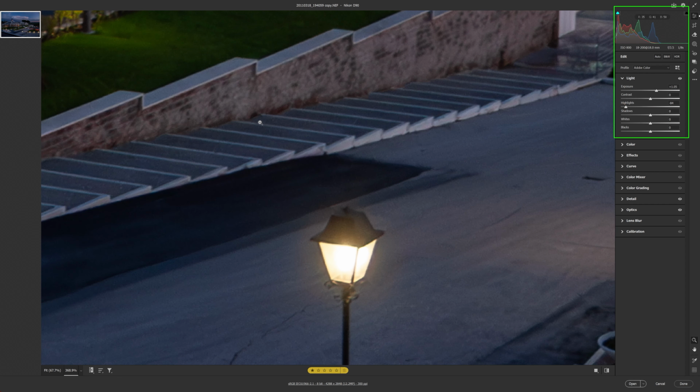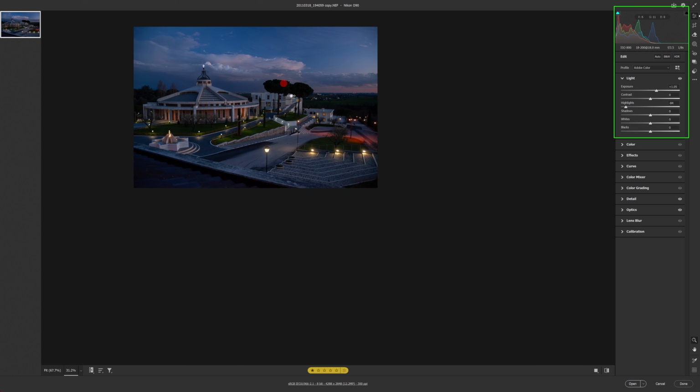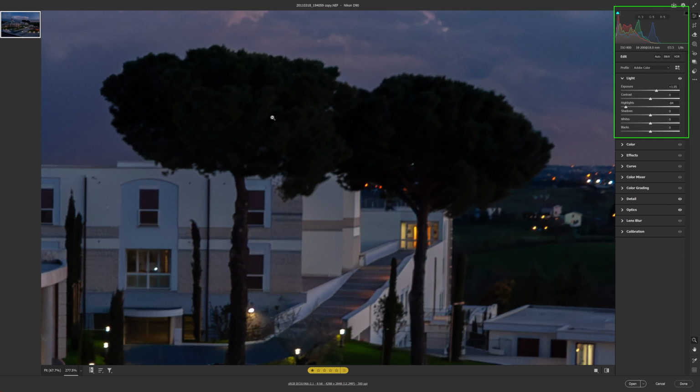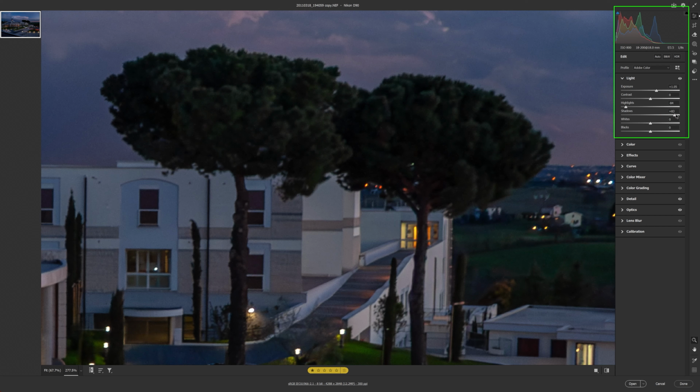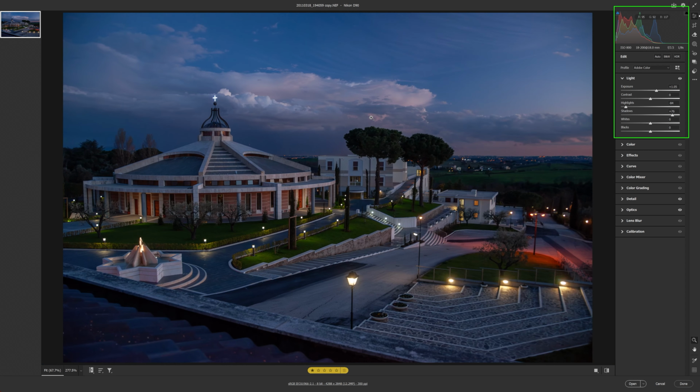Similarly, if I want to see more detail in the shadows, for example these trees here, I could bring up the shadows, and now, as you can see, there is more detail in the trees. Notice that the histogram has also changed accordingly. So this looks a little better with a little detail here and there, but if you still want to modify it,